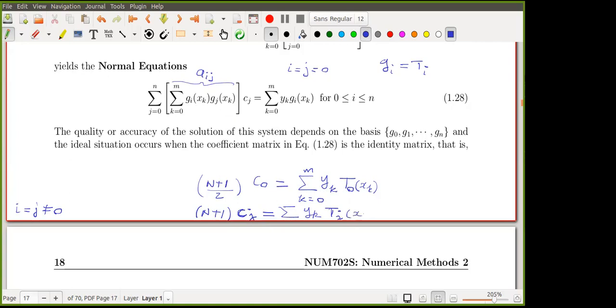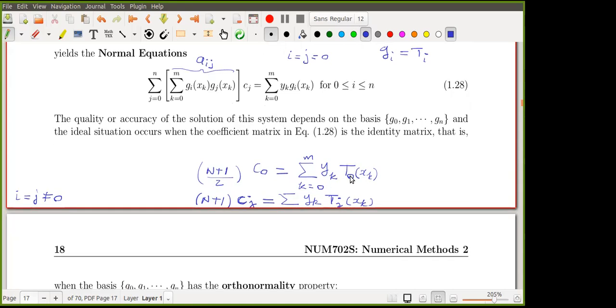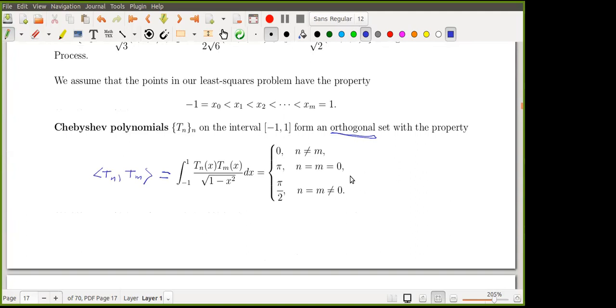T_j of x_k, k running from 0 to m. So you can see that to get our c_k, we just multiply by the reciprocal, that is 2 by n plus 1, and here we divide by n plus 1. And whatever y_k corresponds to, we'll substitute it here. Now, if you scroll down, you can see we'll get exactly the